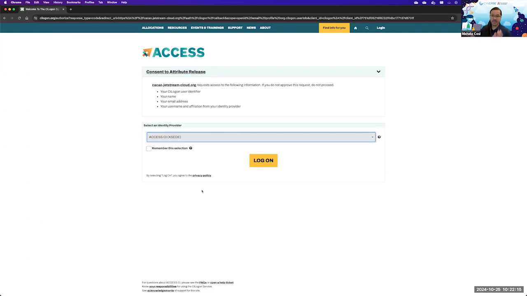And as Edwin mentioned before, Access is what counts the various allocations that you run through Jetstream 2. So you will require an Access account in order to get some allocations for you to use the Jetstream computational resources. This is probably a story for a different time.